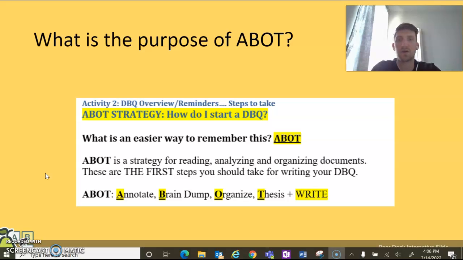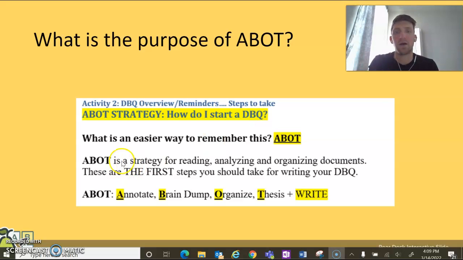This one I'm just going to talk about some strategies for when you are given a prompt and your documents, the first steps that you can take before you actually start writing your DBQ. So, this is what I call ABOT, A-B-O-T, and actually it's ABOT plus write are the steps. So this is just a strategy for, again, how do you start a DBQ? Because some of you guys get to that point where you're given the documents and you're like, where do I